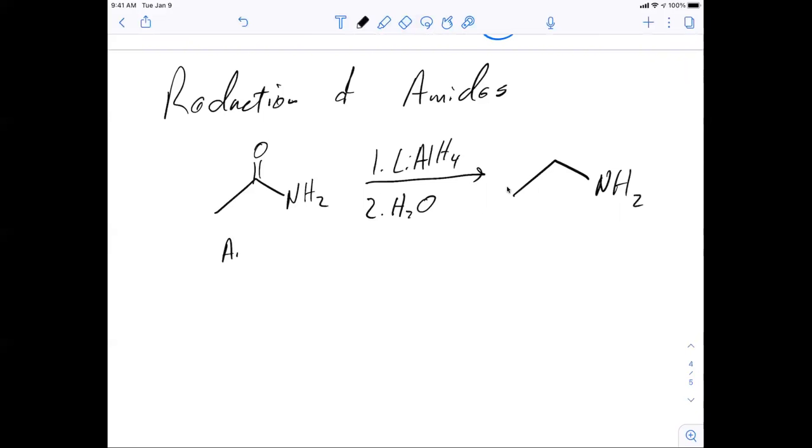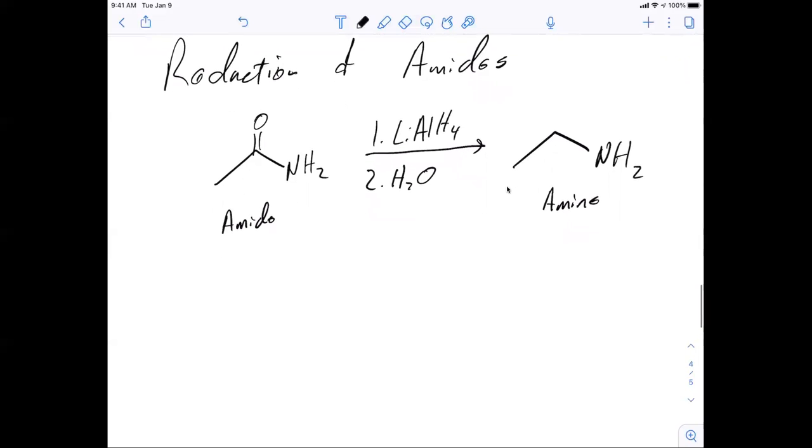In this take, we take an amide and we reduce it to the amine. The reason we don't end up with the alcohol is because the alcohol is a better leaving group than the amide. So if we look at our process here,